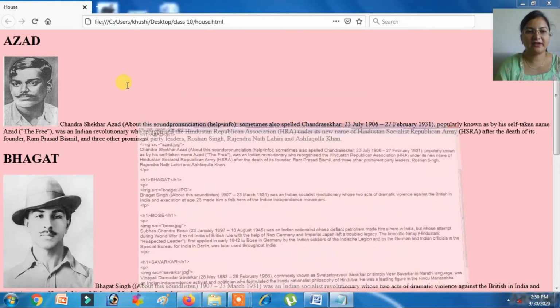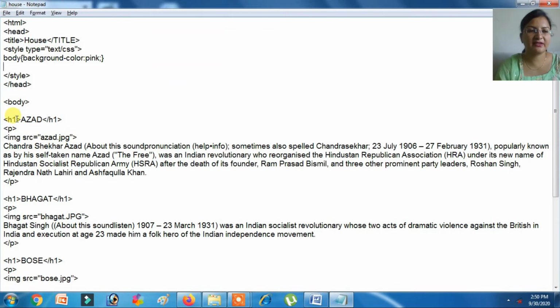Now we have to apply the CSS. For heading, you have seen that heading is in center, so you make a CSS txt center here. See this, there is naming convention, like if you want text in the center you can name any, write TC also you can write like text center, or heading center HC also you can write, or you can write in whole. So you write text align. Text align is actually the property which will make the text in the center.